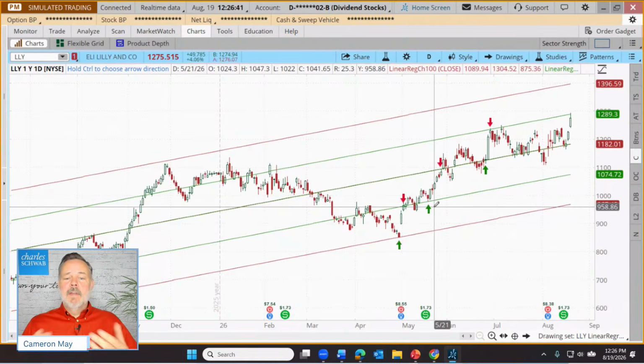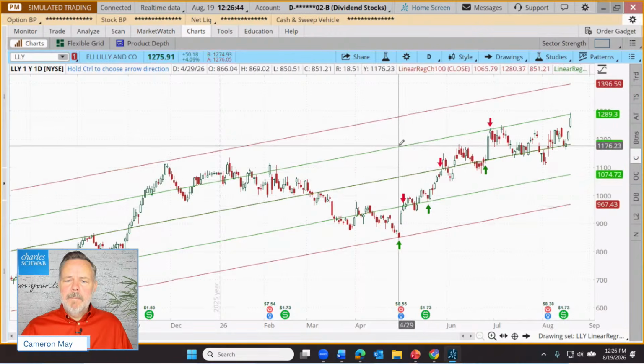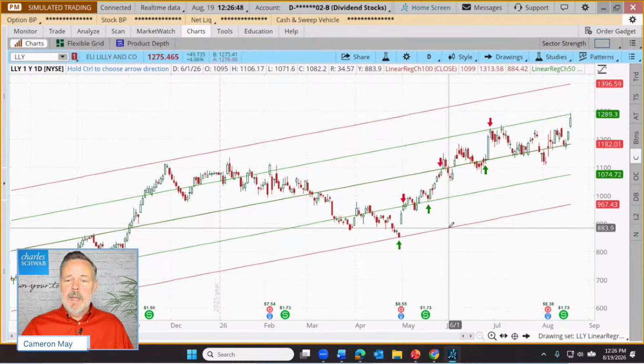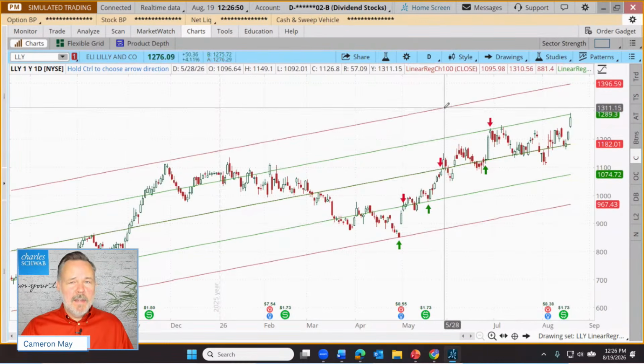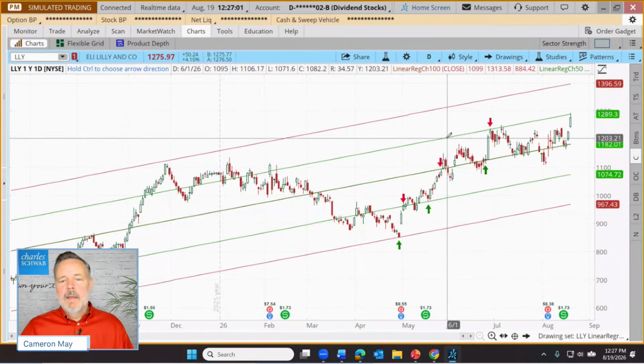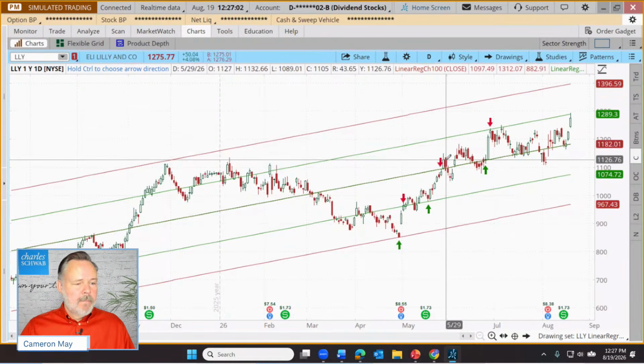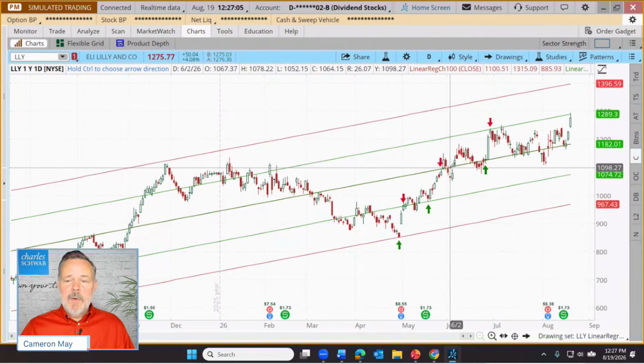And what I've done is done a combination of these. We could have used just the 50, that's the green. We could have used just the 100, which would be the two red lines. Those don't generate signals very often. Just so you know, if that's the habit, you have to be patient. It's going to be a pretty long span between signals on those. But there's a quick introduction to the linear regression tool.